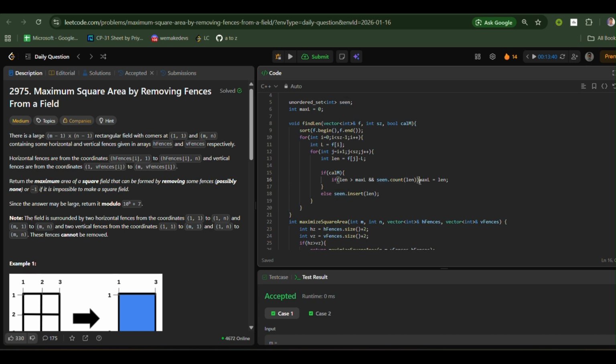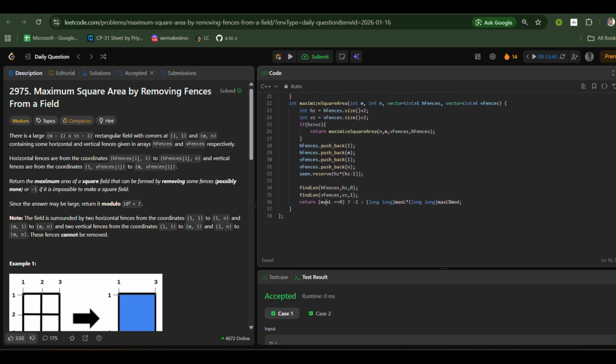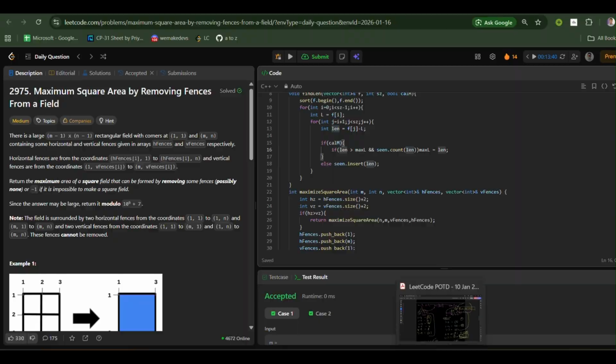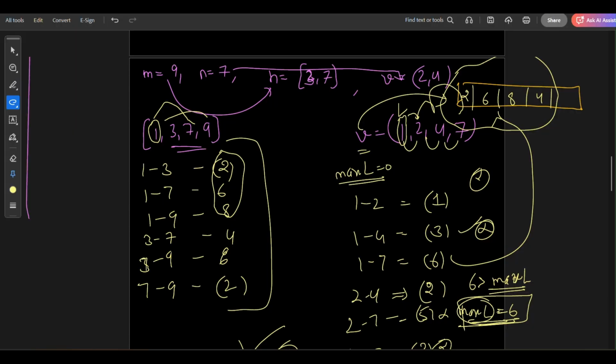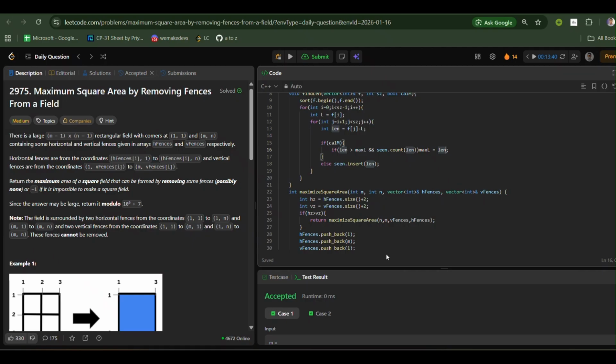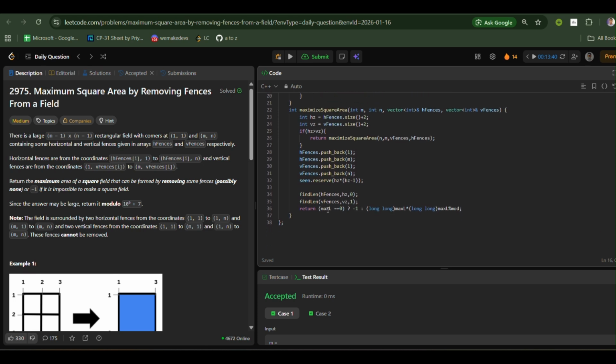Then we will update max length to the length. Okay, and as I have tried this whole code, it will be easily understood right now. And we will return: if max length is equal to 0, then we will return minus 1, and else we will return max length into max length